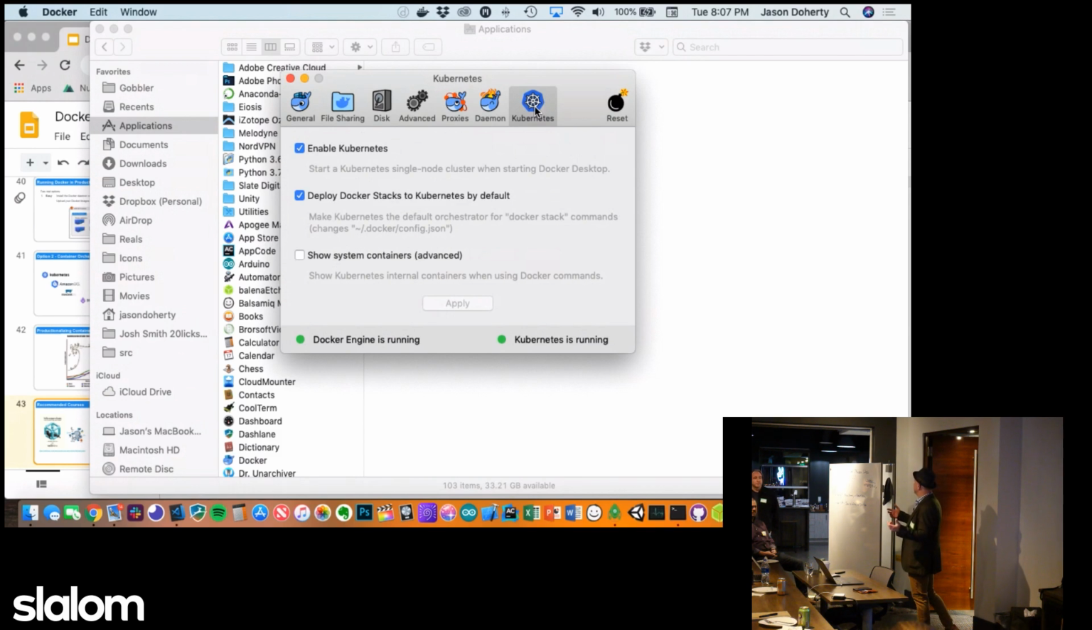You have to put them on all different ports and then port map them back to the same, like put an Nginx in front of them and port map. It's miserable. You don't want to do it. So